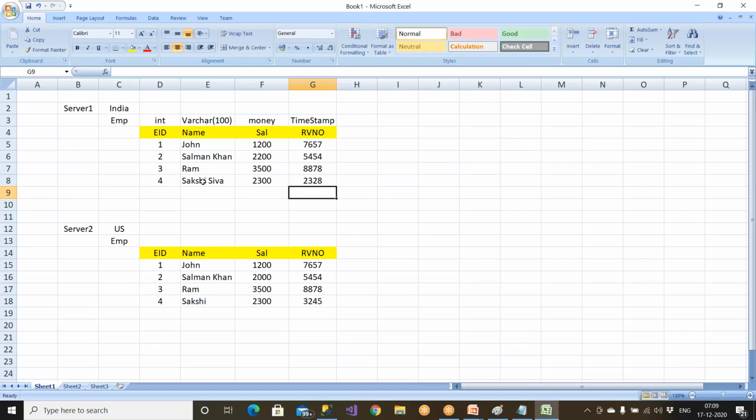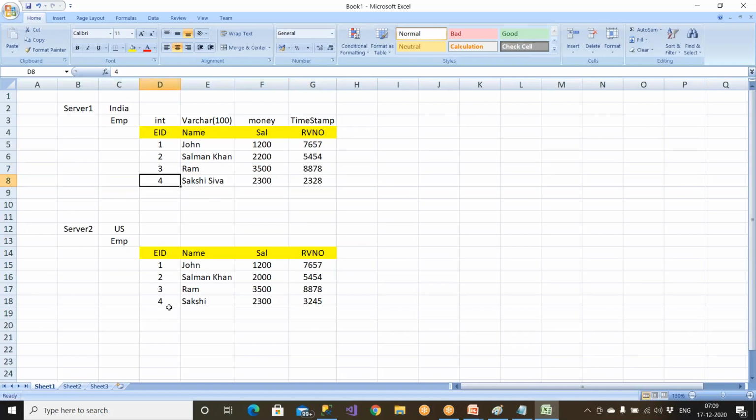When a modification is done in any one of these data values, this number will be changed automatically by the SQL Server. Now, what is the advantage? It is very, very easy for you to check. For 1 and this number you check: 1 and 1, there is no change. For 2 and this number, there is no change. For 3 and this number, there is no change,